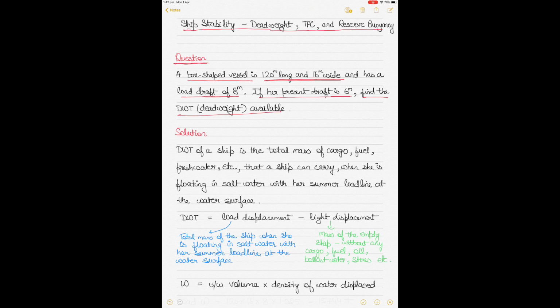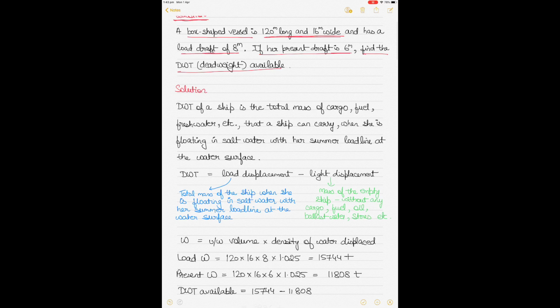So the first sentence is pretty straightforward, that there is a box-shaped vessel which has a length of 120 meters long and 16 meters wide. All right, and it has a load draft of 8 meters. Her present draft is 6 meters, and you have to find the dead weight available. So to find the dead weight, you must understand what is dead weight. So the dead weight of a ship is actually the total mass of cargo, fuel, fresh water, and anything else, etc., that a ship can carry when she is floating in salt water or seawater with her submerged load line